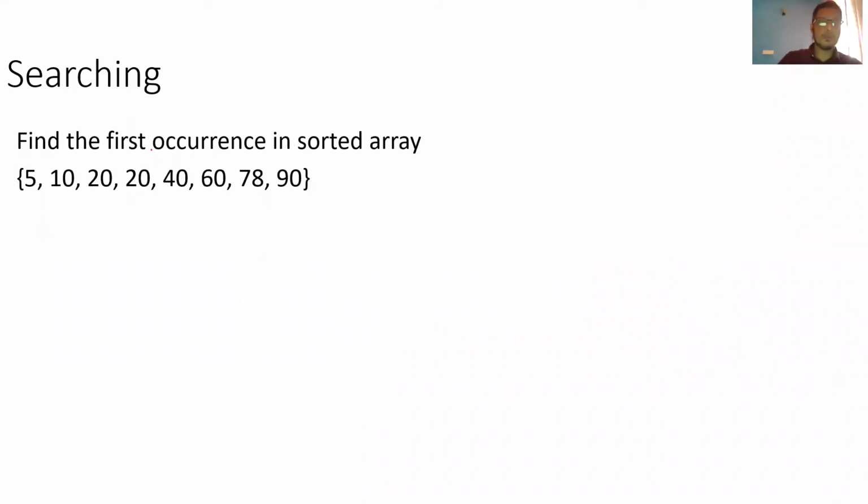What you need to do is find the first occurrence in a sorted array. For example, let's say you are searching for 20. So you need to find the first occurrence. In this case, the index could be 2. The 20 exists, and the first occurrence will be at index 2. So the output will be 2.